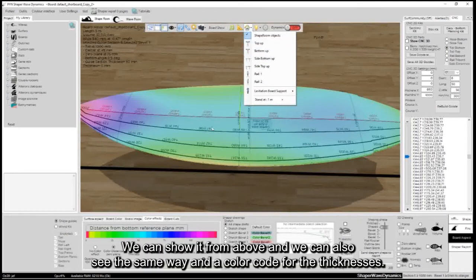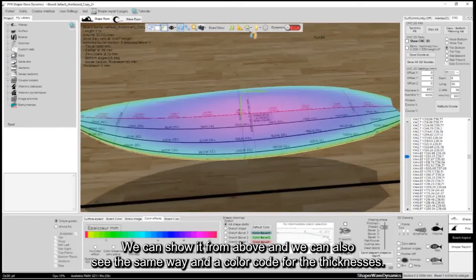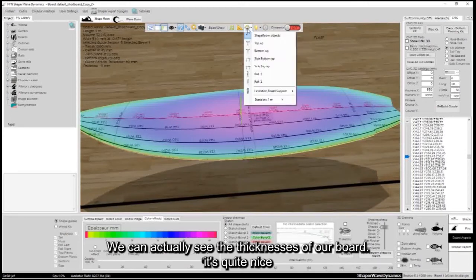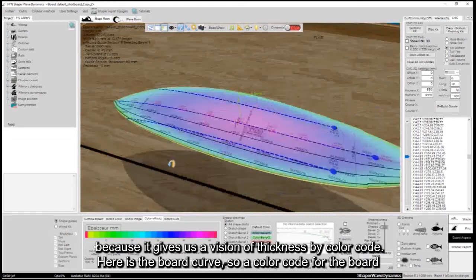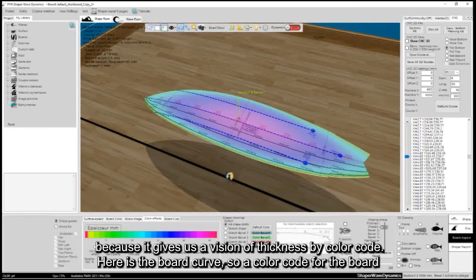We can show it from above, and we can also see the same way a color code for the thicknesses. We can actually see the thicknesses of our board. It's quite nice because it gives us a vision of thickness by color code.